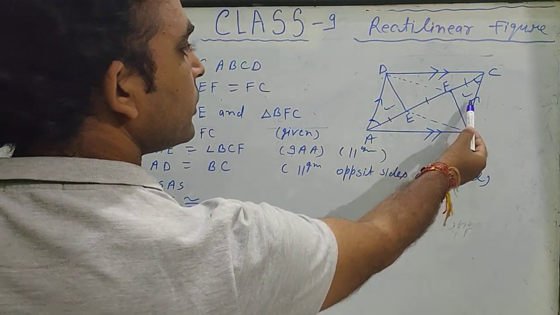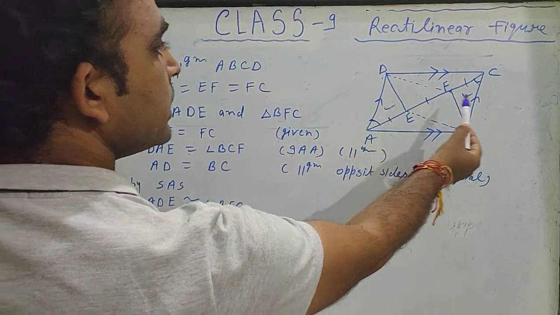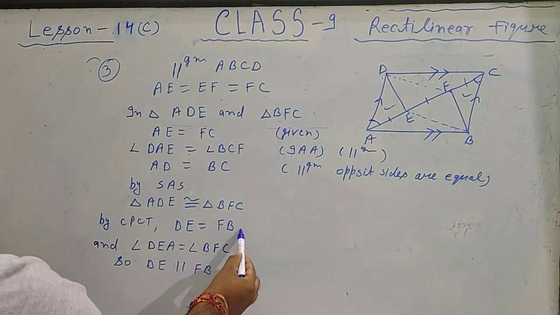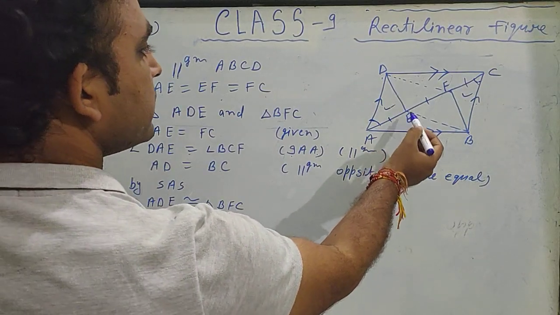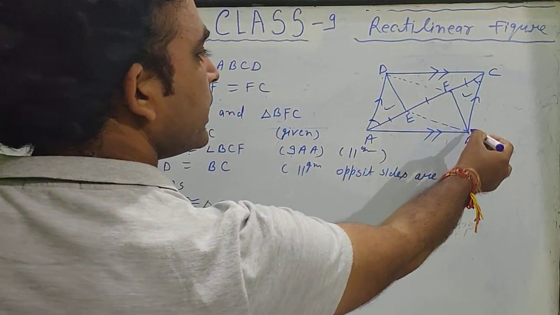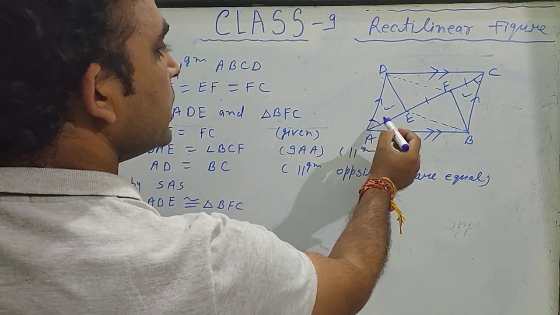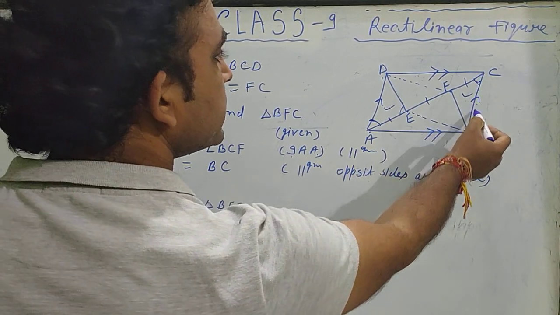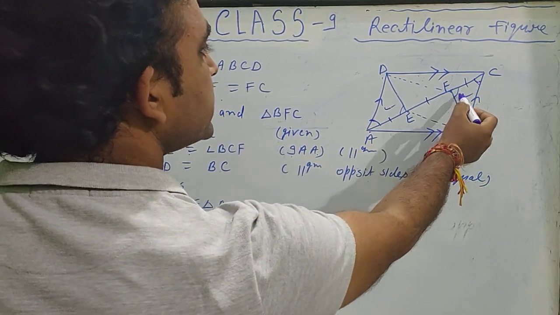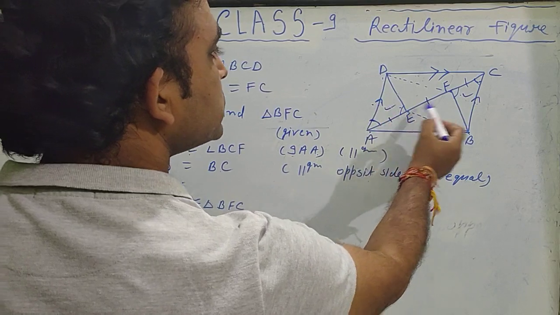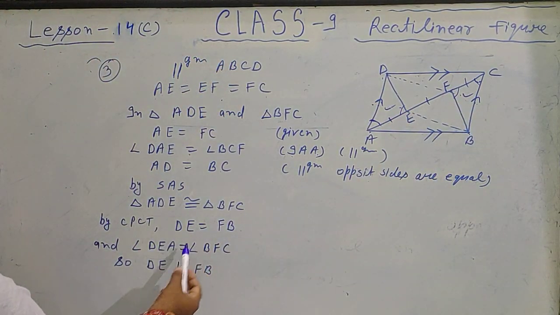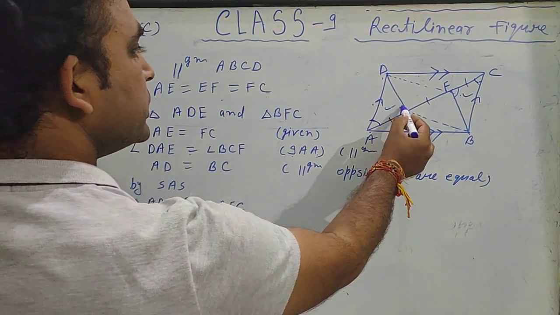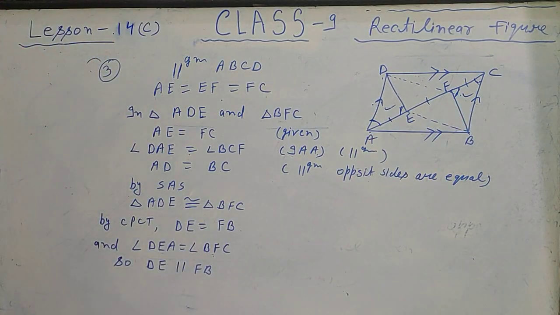Means ये दोनों triangle congruent हो गए, तो इसके अपोजिट साइड क्या है D, और इस एंगल के अपोजिट साइड क्या है FB. So both will be equal, D equal FB, and AD equal BF it is given, BC given. तो इसके अपोजिट एंगल क्या है हमारा AED, और इसके अपोजिट क्या है BFC. दोनों साइड इक्वल है, इनके अपोजिट जो एंगल्स होंगी वो इक्वल होंगी. यही तो होता है CPCT. So DEA is equal BFC. Okay, so this angle will be equal by CPCT.